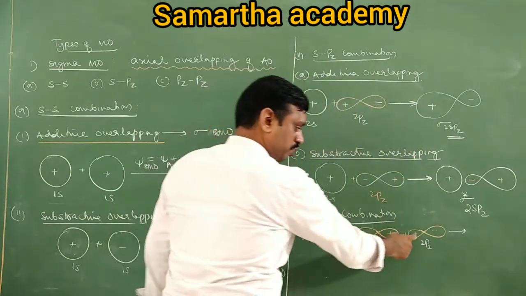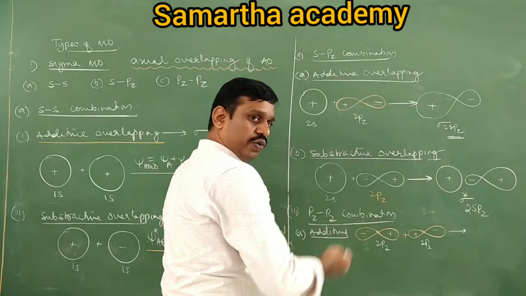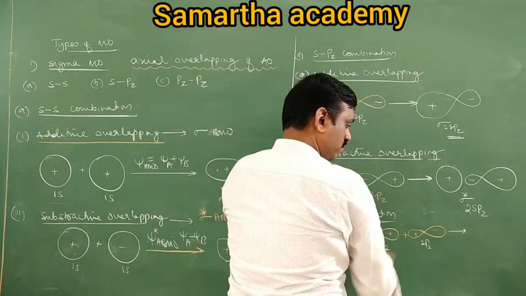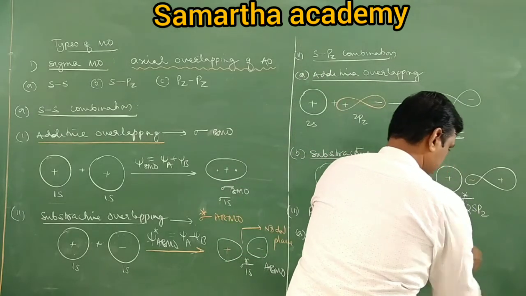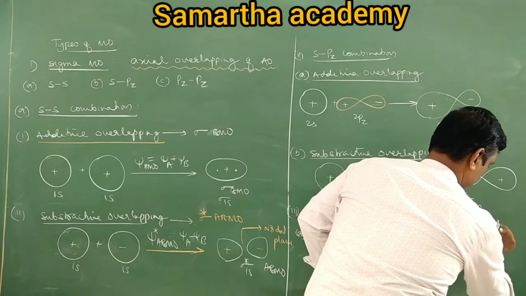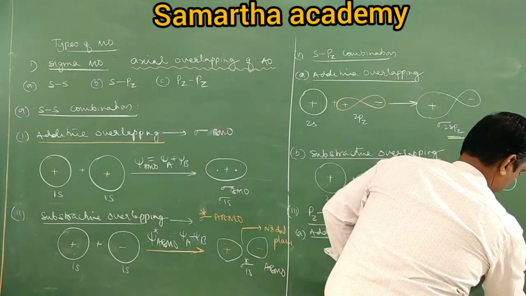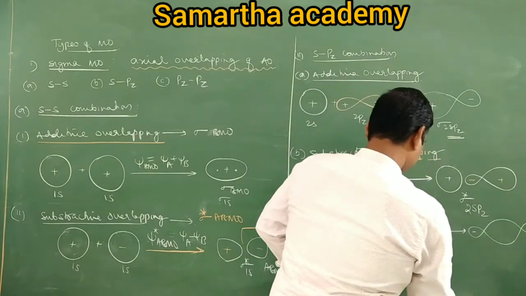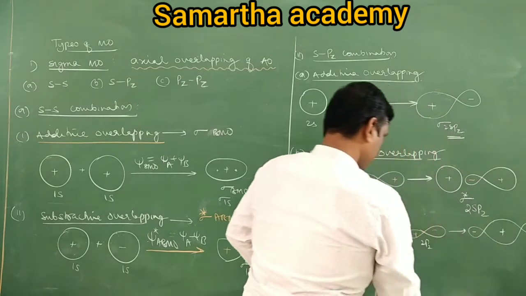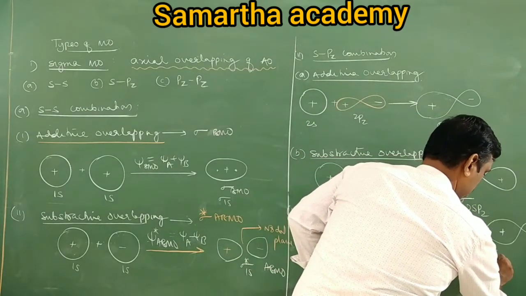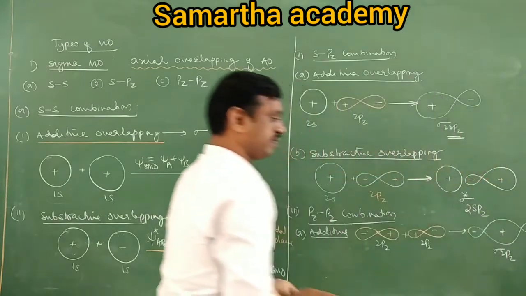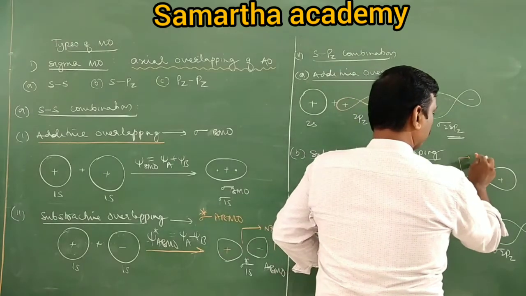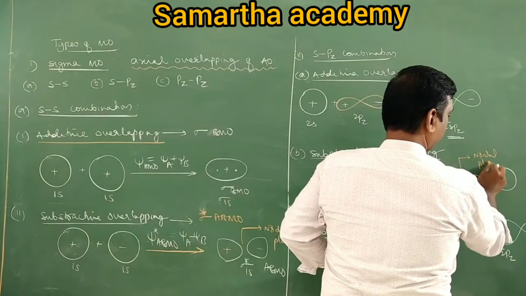Come on, tell me, positive positive wave functions. It's just like constructive overlapping, constructive interference. So this lobe becomes larger in size, these two lobes become smaller in size. So it is like this. Like chocolate. Negative, negative, positive. PZ PZ, it is a sigma 2pz. Yeah, here see, this is a nodal plane, not lobe, nodal plane.